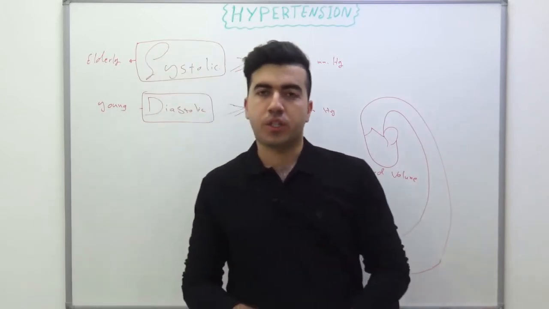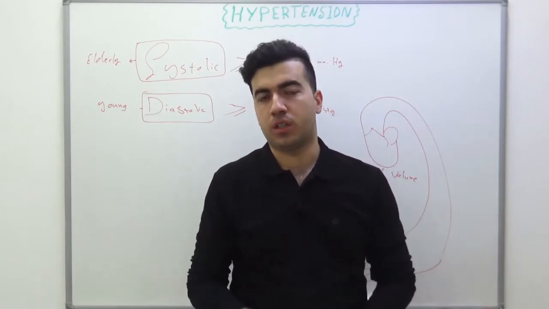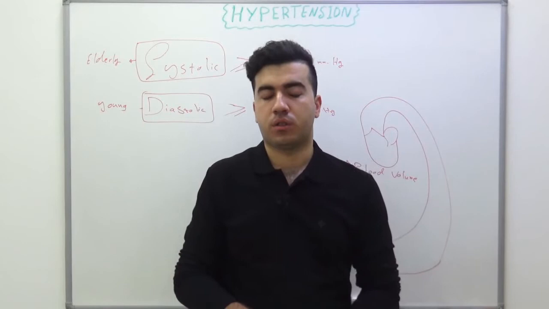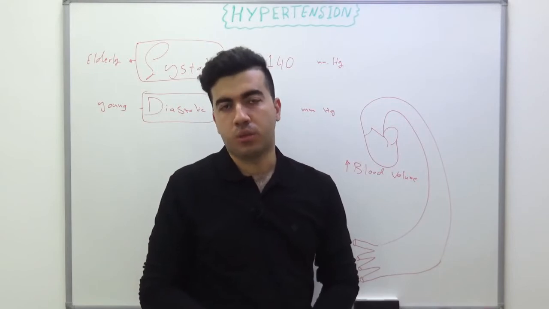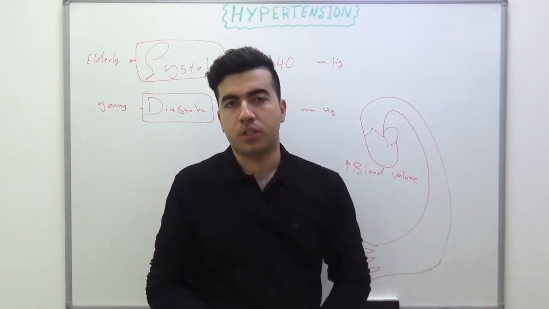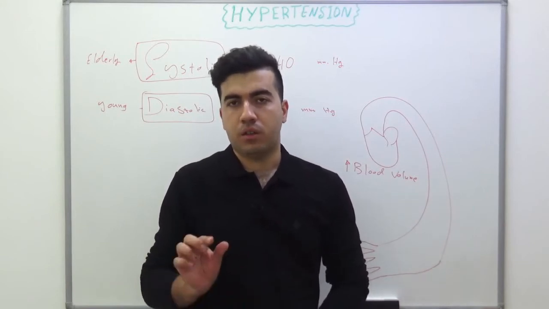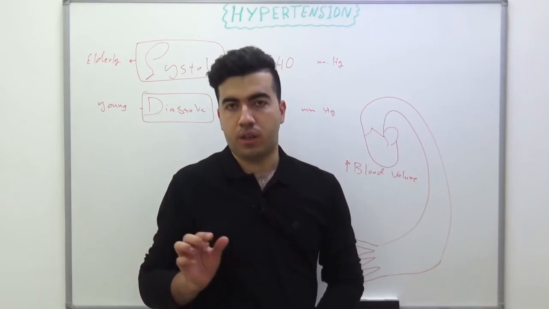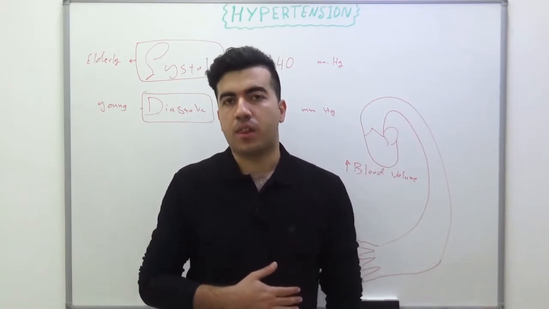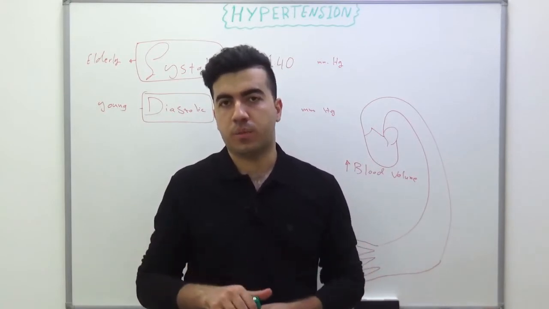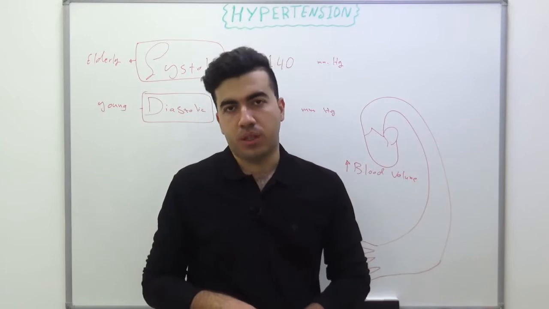We measure the blood pressure outside the clinic by ambulatory or intermittent home measurement of the blood pressure. If the patient has a sphygmomanometer available to measure the blood pressure at home, or we give the patient an ambulatory device, a pre-programmed automated device that at regular intervals, for example every hour or every 30 minutes, automatically measures the blood pressure, then the average of these blood pressures is treated as the actual blood pressure of the patient.